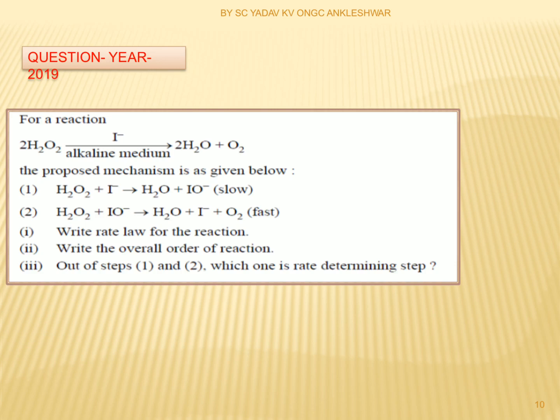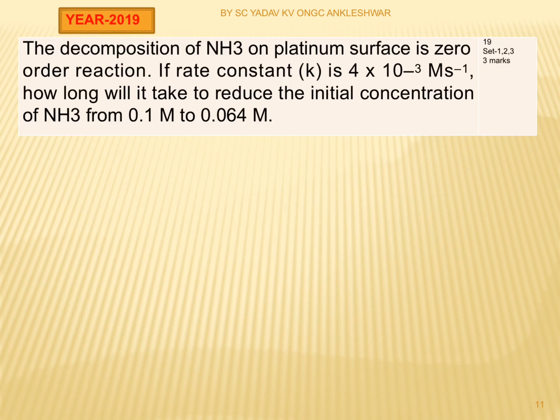Okay, so now just see, this is the question asked in year 2019. I have taught you this in the previous session. For any reaction, if it is a complex reaction taking place in 2 or more than 2 steps, then the slowest step is the rate determining step, and the rate law is written only for the rate determining step. So in this case, rate is equal to k [S2O8 2-][I-], and the order of reaction will be obtained from the rate law expression. So the order of reaction will be 2. And which step is the rate determining step? The slowest step.